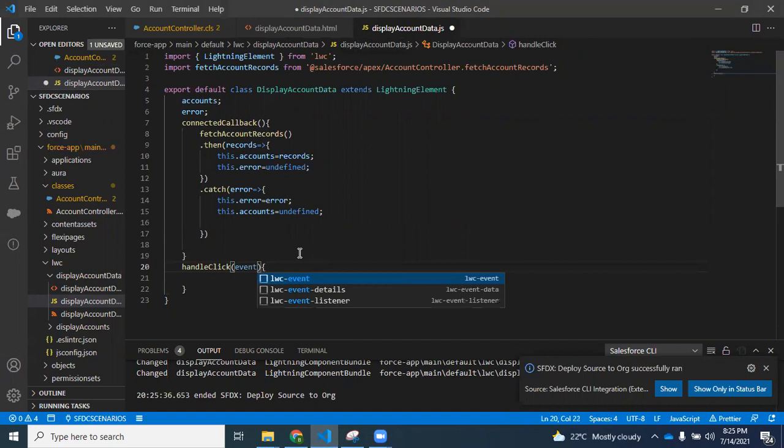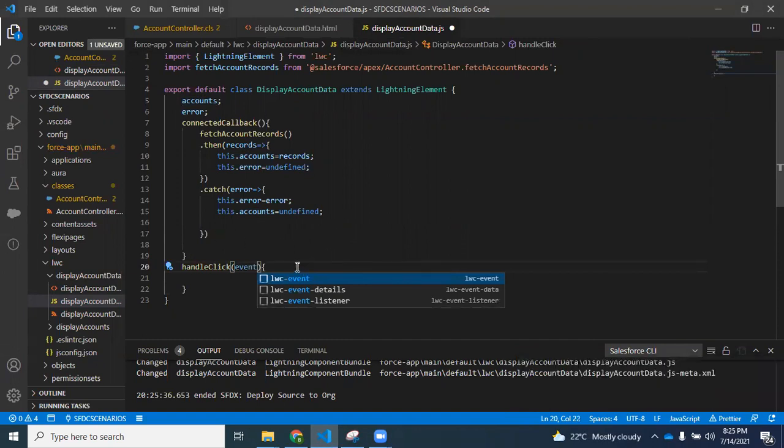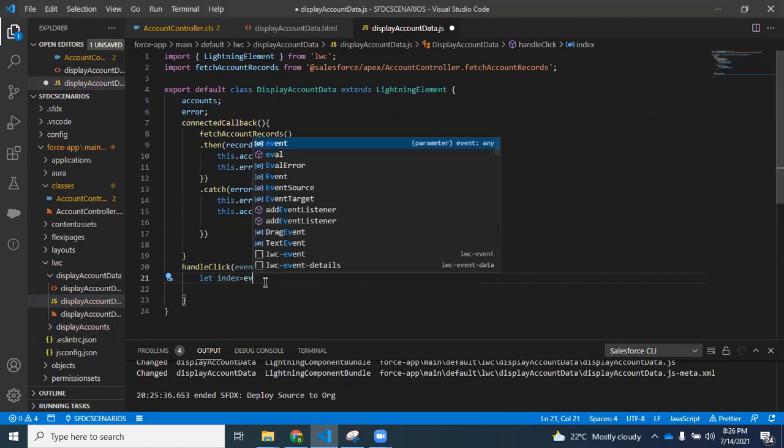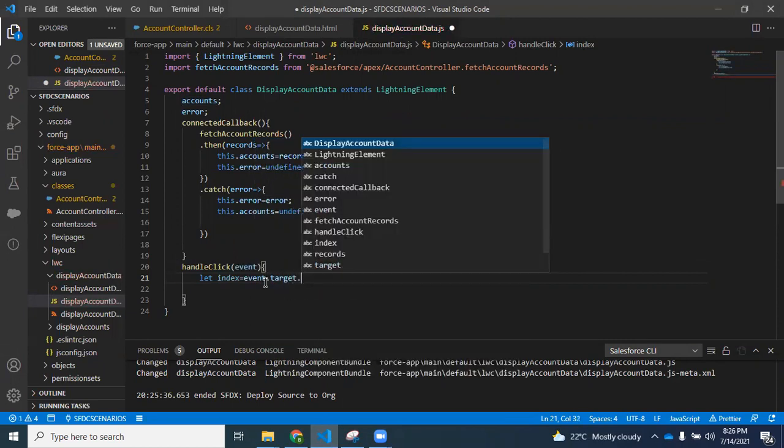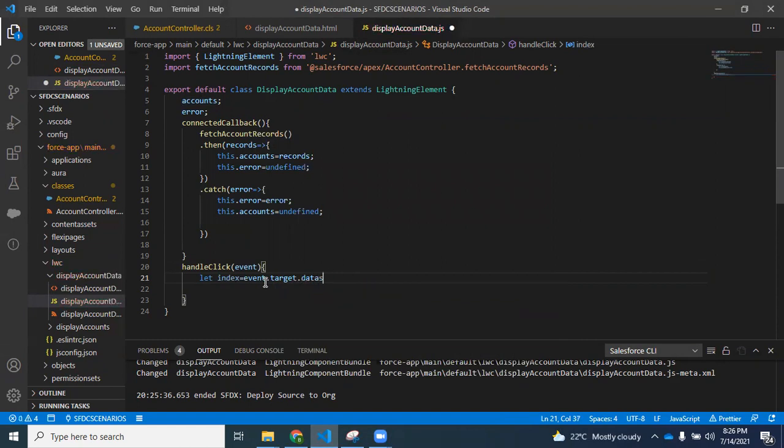Here we'll be getting the current record index number, so I'll be making use of event. Let index equal event dot target dot dataset dot index. So we will get the number here.